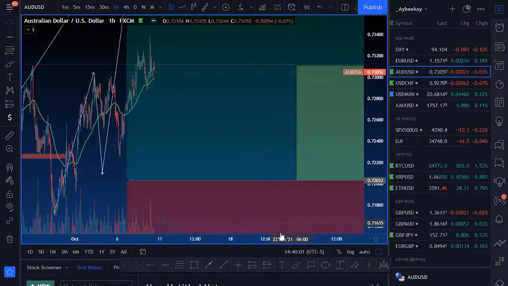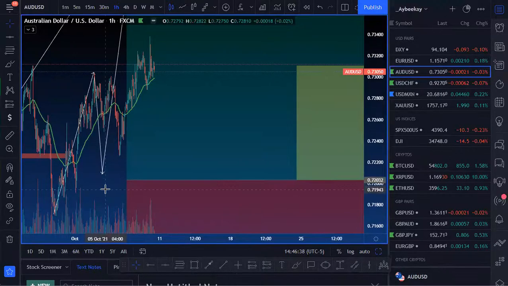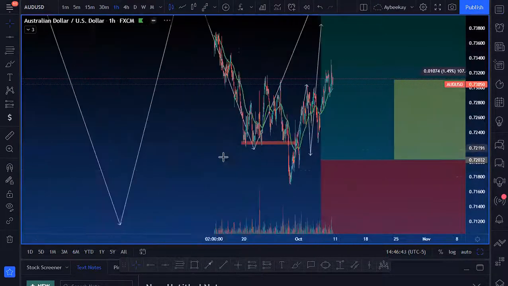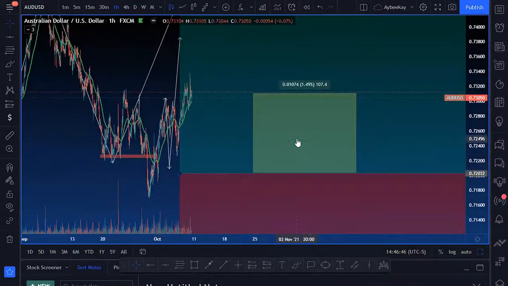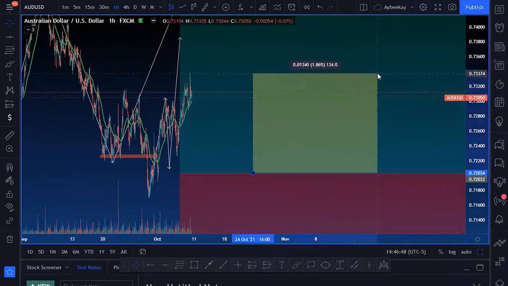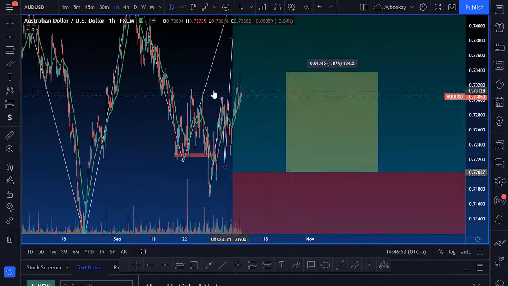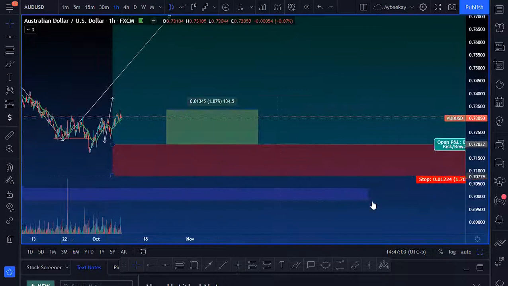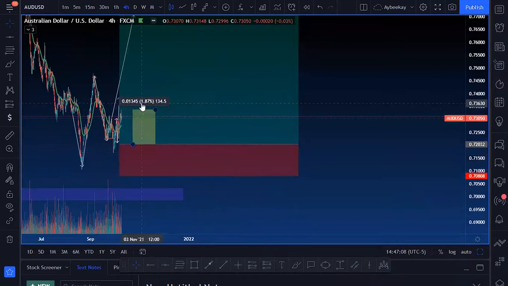Okay, let's go on over to AUD USD. All right, so AUD USD. For the swing trade that I had talked about, price had moved up 134 pips, right? I had moved my stop loss to break even on this trade once price got to 104 pips, right? We were risking, let me go over here, we're risking 122 pips. Price has moved more than 1-to-1.